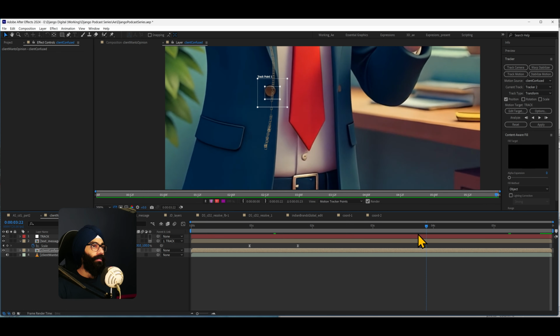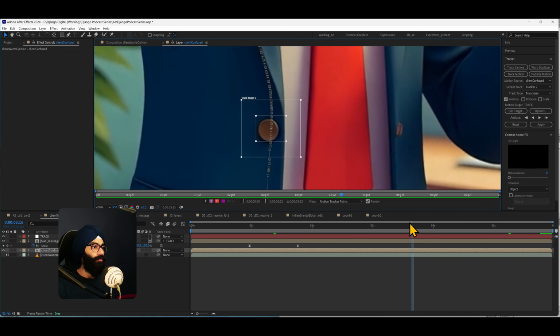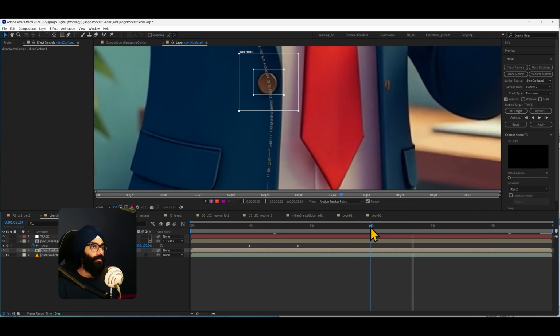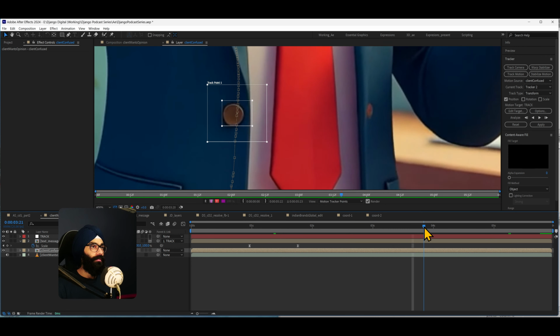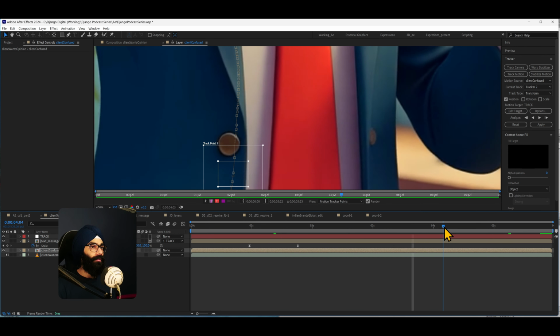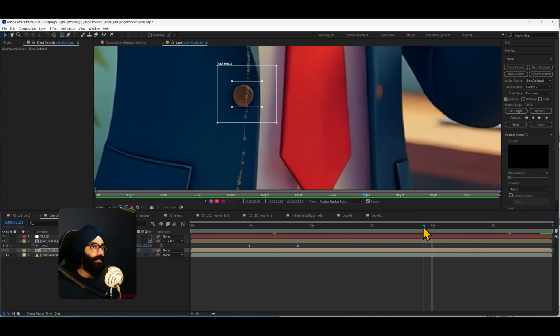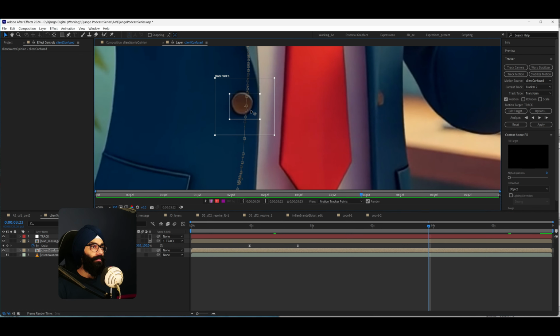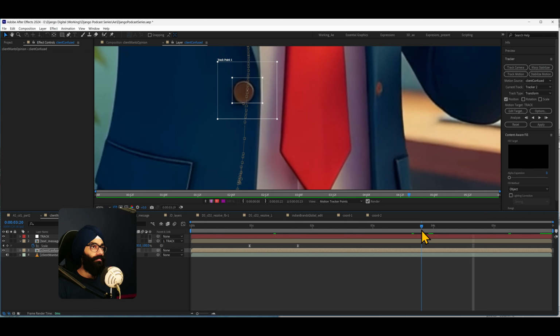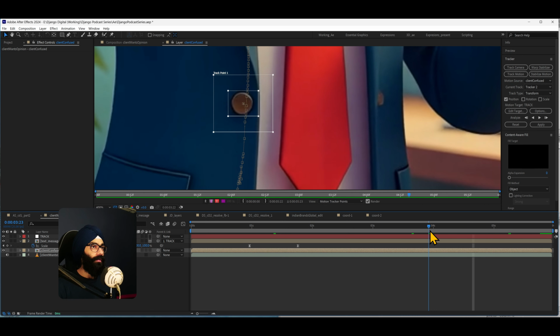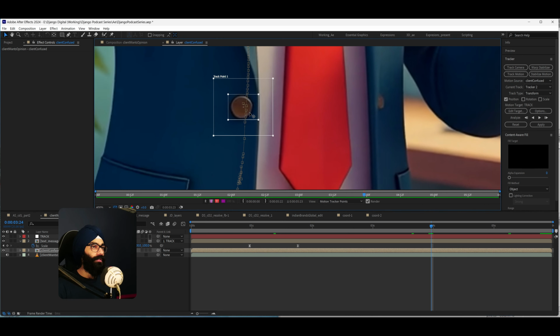So I'm going to come back and go to the point where we started losing the track. Up until here we were good, and at the first jerk that you see, you want to look at this inside box. That is where your track is. So I'm going to move it here and track it again. At the points where we're losing it from the center, I'm just going to bring it back, and here we're going to use analyze 1 frame forward.